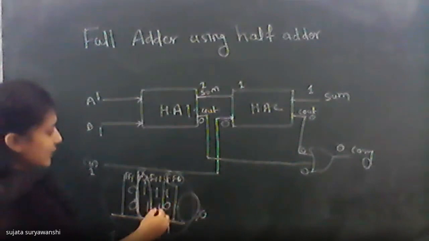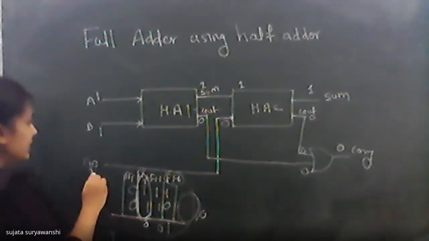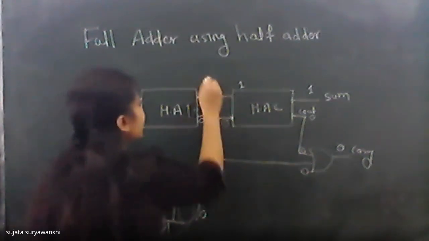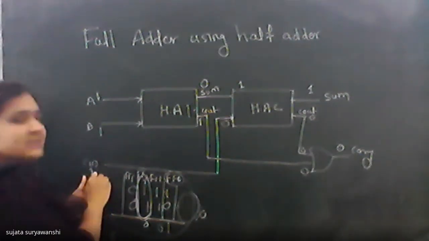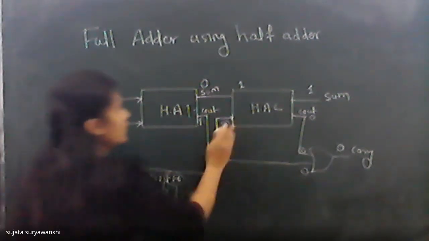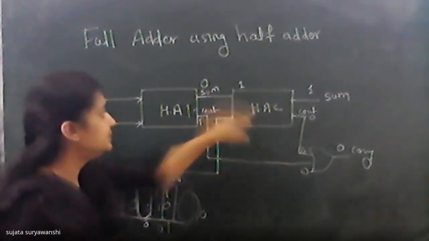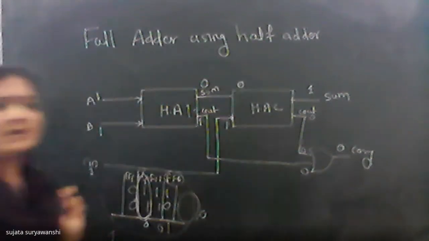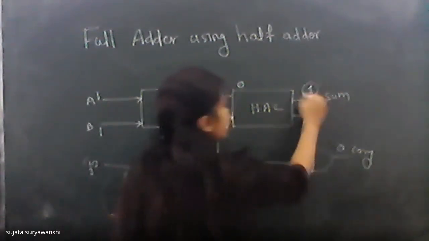Okay. Here 1 plus 1, sum is 0 and carry generated here is 1. Here Cin is also 1 and both A and B bits are also 1. 1 plus 1: sum becomes 0 and carry becomes 1. Now the previous carry in is also 1, so it is given as one of the inputs to half adder 2. Then this sum is directly given as input to half adder 2. This sum 0 plus 1, the answer is sum equal to 1.